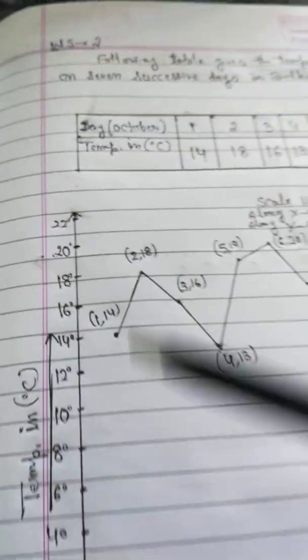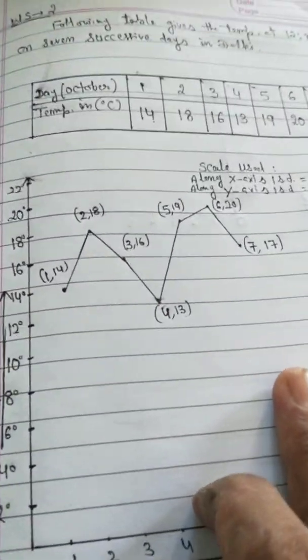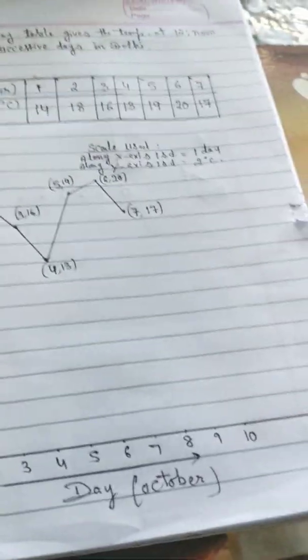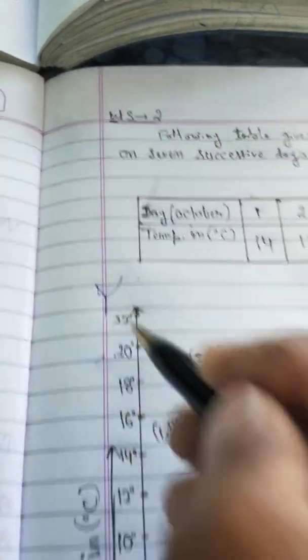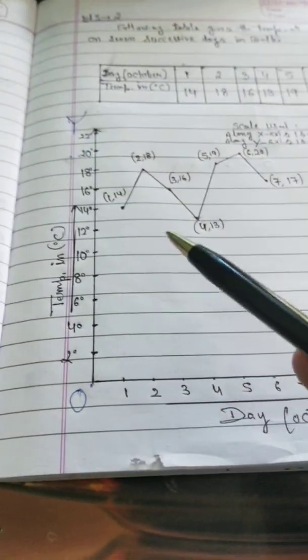When you draw two perpendiculars, I have done these sums in a rough notebook, but you have to do this sum on your graph paper. Draw two lines. This is your x-axis and this is your y-axis, and they meet at the point origin, or O. So you have to draw two perpendicular lines.